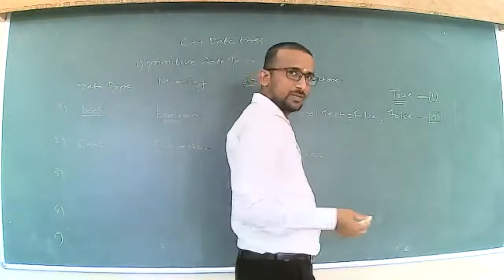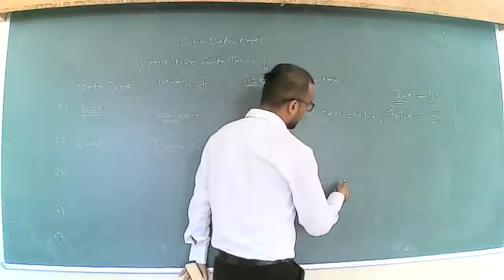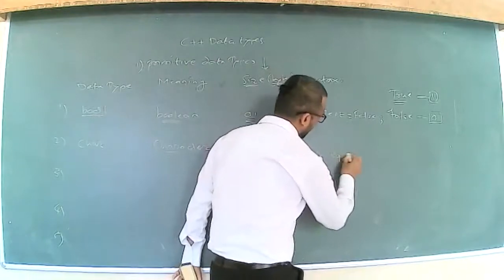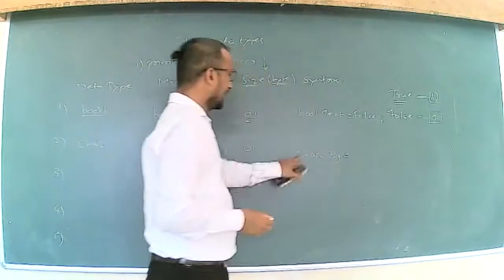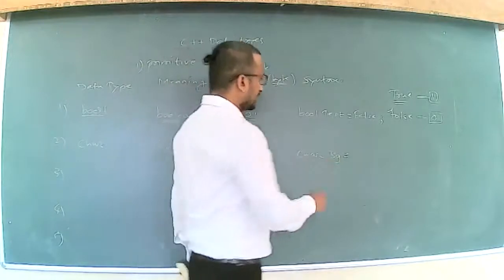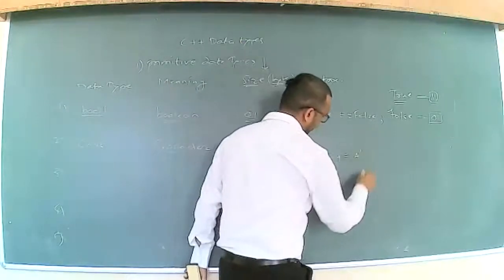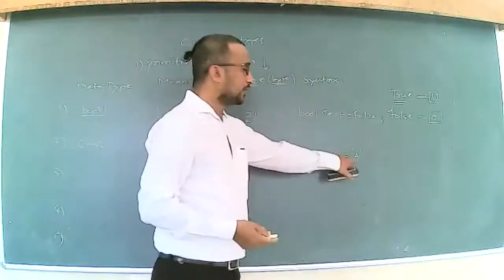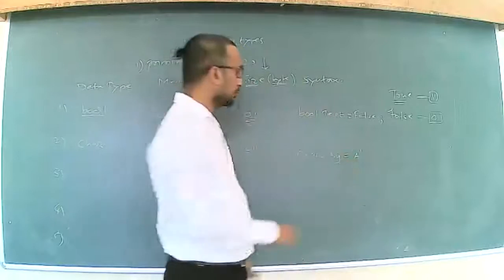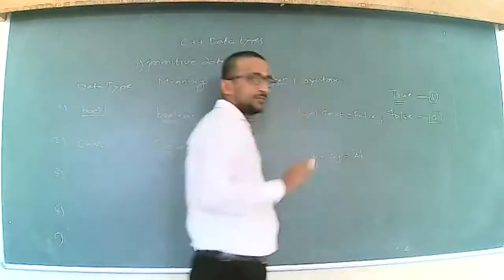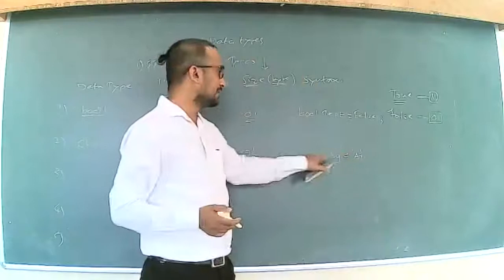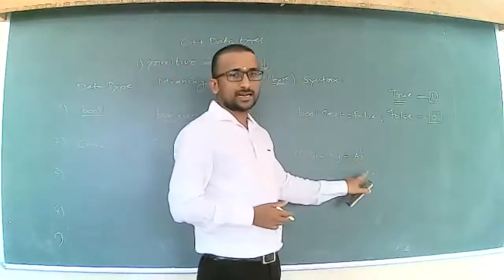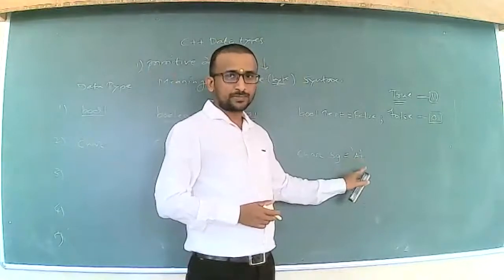You can use any variable name, let us see, bg or w. Char bg. In that you can store A, B, O. Only one character will be there. If you use A plus, it will not print A plus as your blood group. It will only print the first character, that is A.